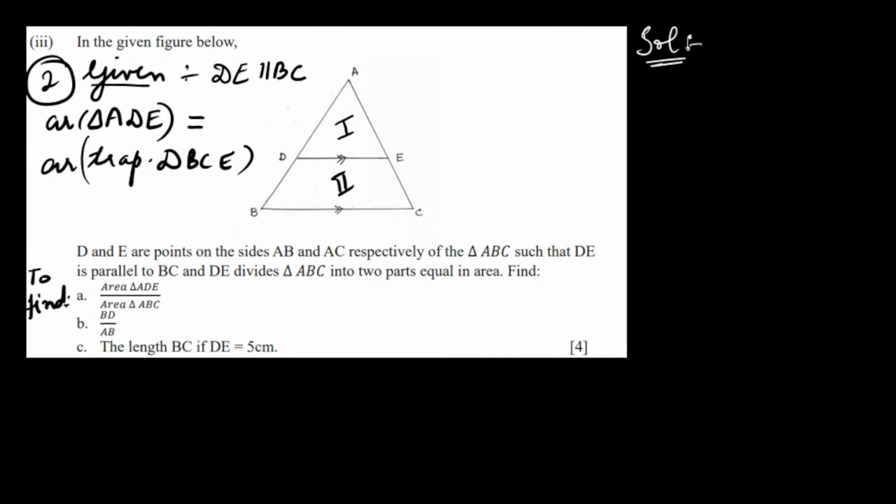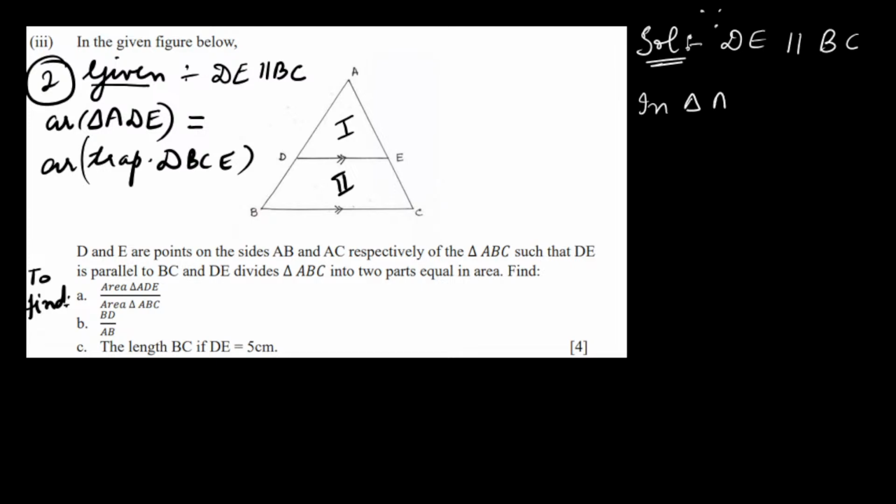So first of all you have to remember, if in this type of triangle one line is parallel, so two results we can use here. Two results, one is of similarity and the other is of BPT. So these two results you have to use. We know this thing. We know DE is parallel to BC. Therefore, we can write